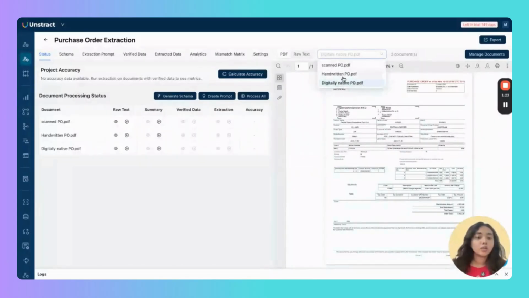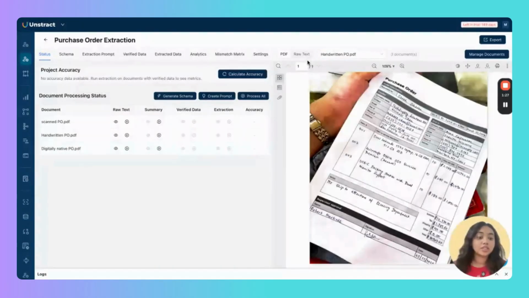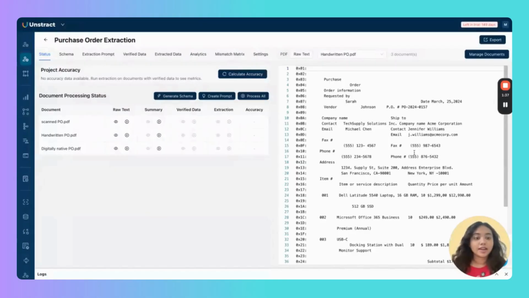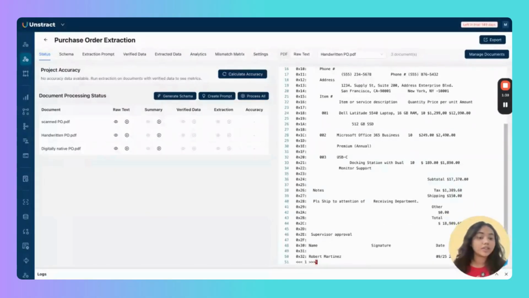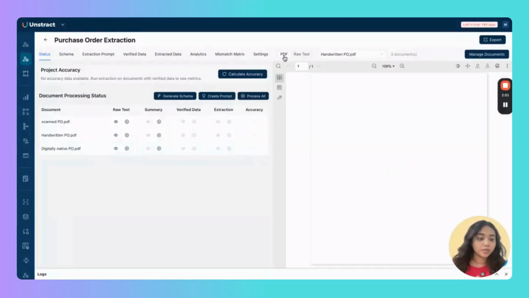So the best way in which you can pass the complete context to LLMs is to preserve the original layout of the document. So over here, in this case, we have a document which is a skewed scan and it is disoriented. However, when I go into the raw text, you can see that the text has been retrieved exactly with the layout intact and the orientation has also been fixed. So this is basically the context that the LLMs will be working on when we extract data from the documents.